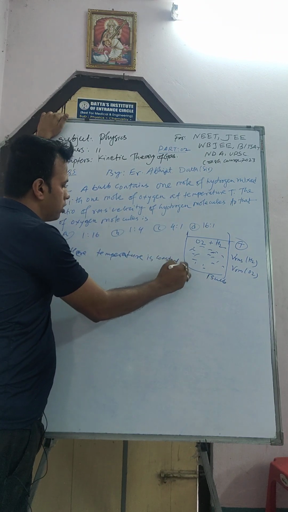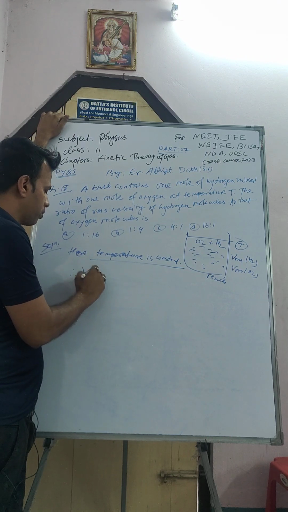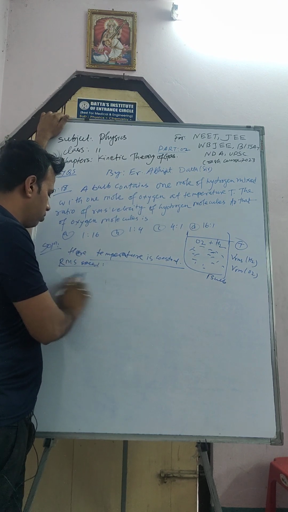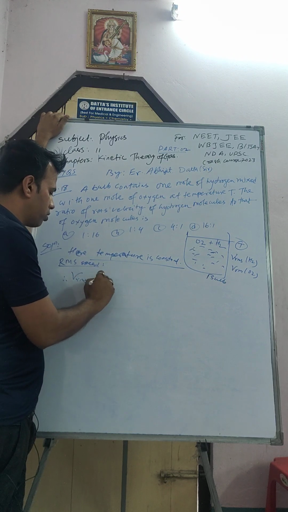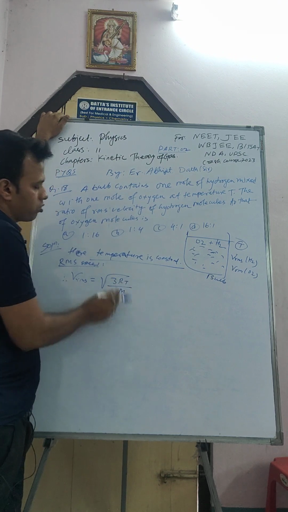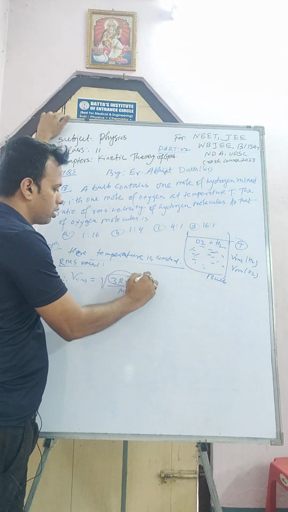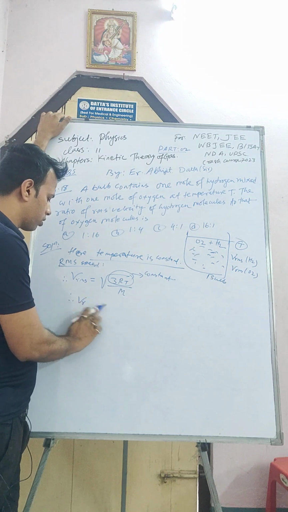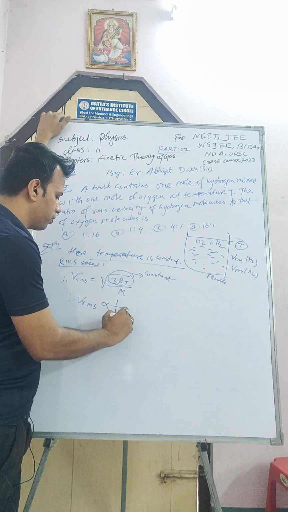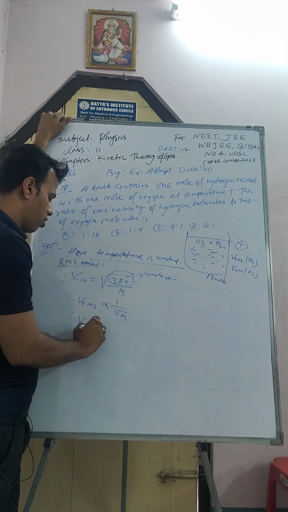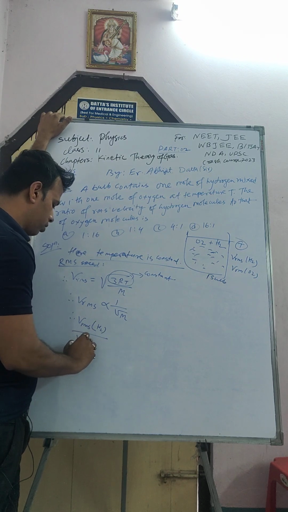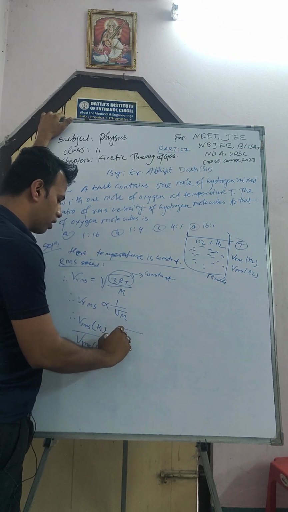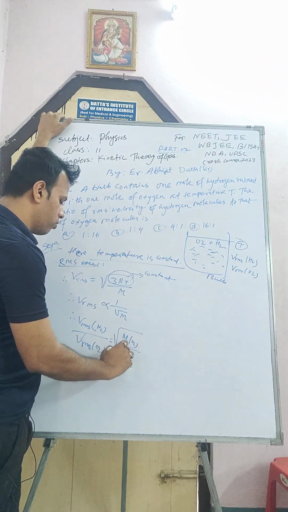So since temperature is constant, we know that Vrms, that is RMS velocity or speed, is equal to root over of 3RT by M. Here 3RT is constant, since temperature is constant, so we can write Vrms is proportional to 1 by root over M. Therefore Vrms of hydrogen by Vrms of oxygen is equal to root over of M of oxygen, inversely proportional, so M of oxygen by M of